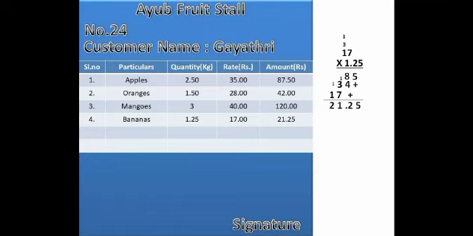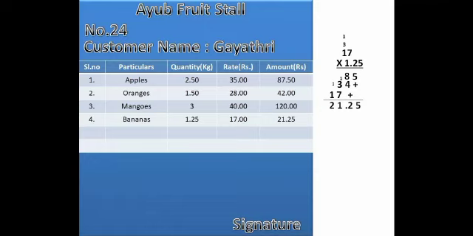Now what you have got to do is you have to add all the amount. So now after the point, there is a 50 paise, then 25 paise. So 0 plus 0 plus 0 plus 5 is 5. Then 5 plus 0 plus 0 plus 2 is 7. Then you will put a point. Then 7 plus 2 is 9. 9 plus 0 is 9. 9 plus 1 is 10. So you will write down 0 and carry 1.